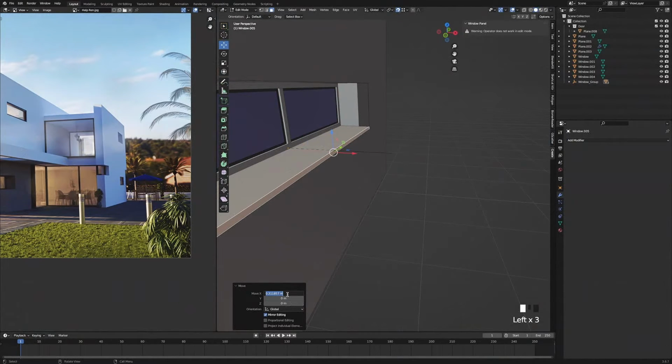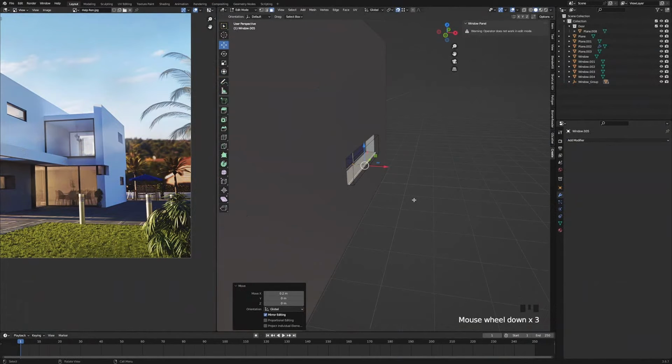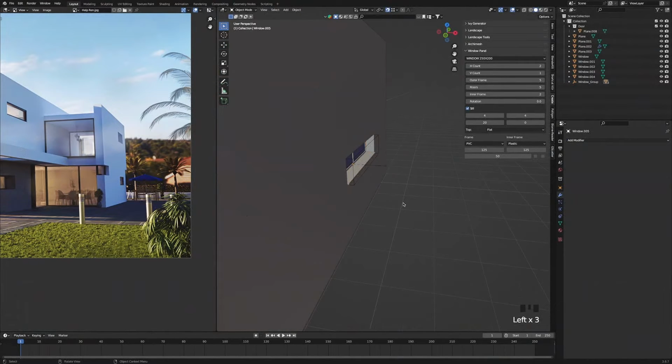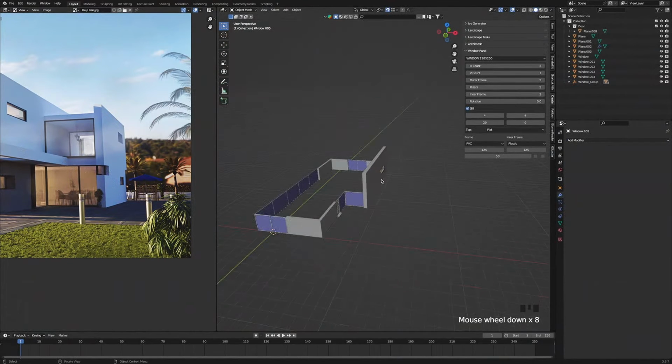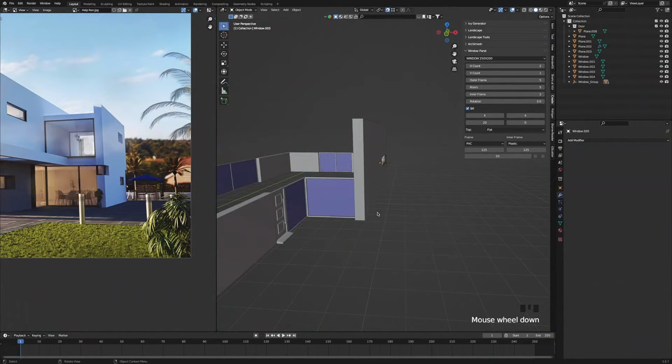I'm going to change that amount to 0.2, and then press Tab to go out of edit mode. Okay, the next thing we're going to add is this window that is attached to the dining room window, and you can't see it from the window, but it's actually an L-shaped window, which I'll show you once we make it right now. But first we're going to make a cutout for our window to sit in.